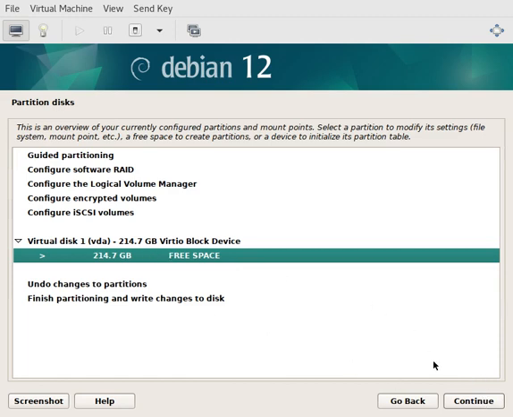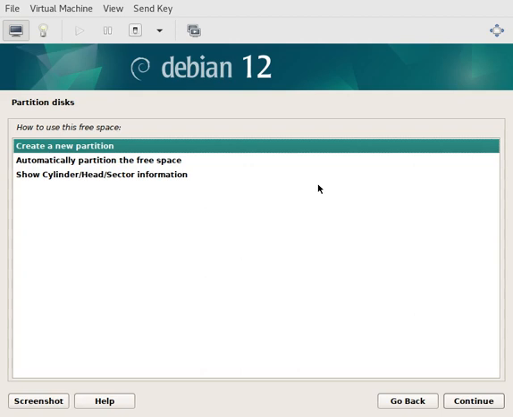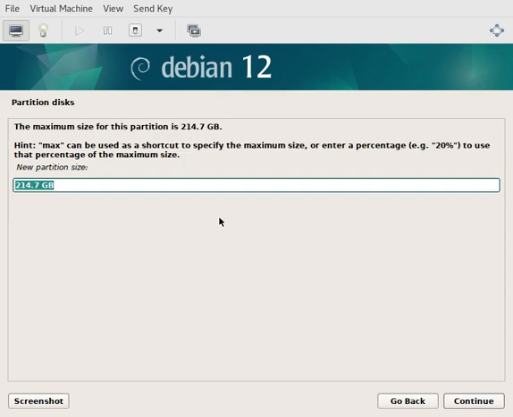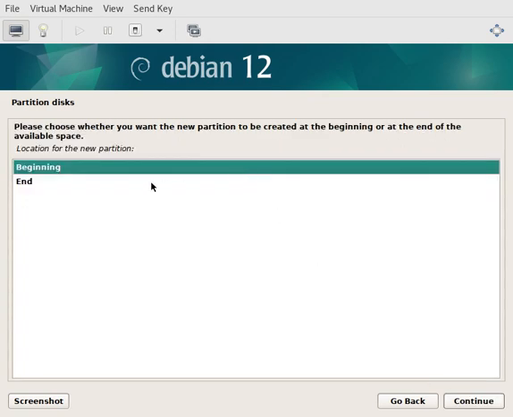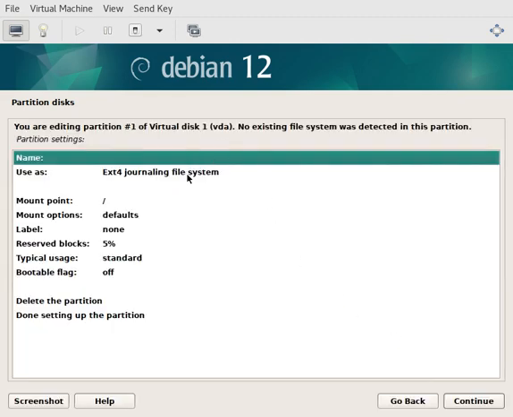So I'm going to click that free space and click Continue, and I would like to create a new partition. I can allocate how large I want this partition to be. I'm going to make my first one 500 megs. We can pick whether that space will be allocated at the beginning of the currently available space or the end. Generally speaking, most of the time it makes sense to use the beginning, though I'm sure there are situations where the end also makes sense. But for my purposes, we're going to take up the space at the beginning